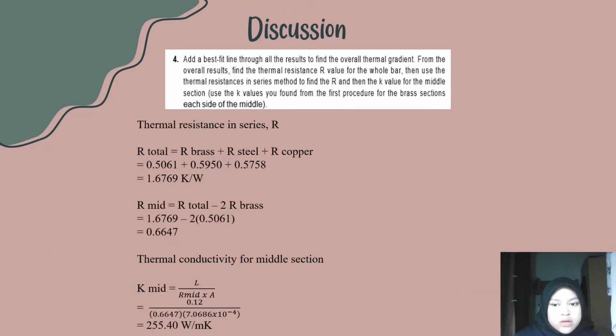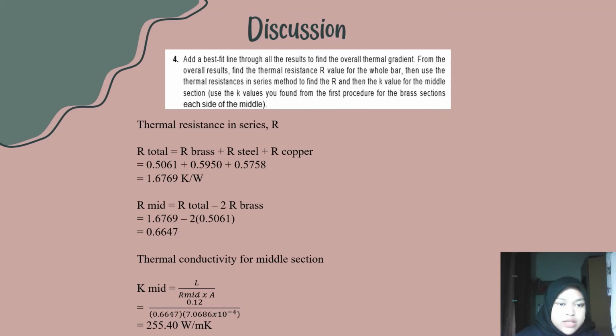After that, we need to find the thermal resistance in series. We need to find the R total. The formula for R total is R brass plus R steel plus R copper. After we add all the information, we got 1.6769 kilowatt. Next, we need to find the R middle. The formula for R middle is R total minus 2R brass. So we got